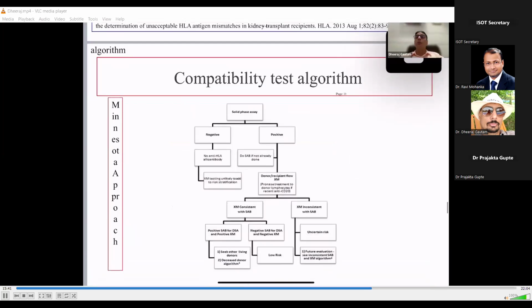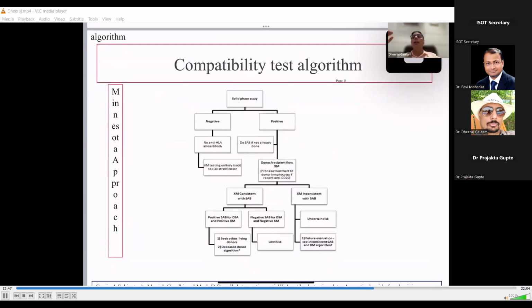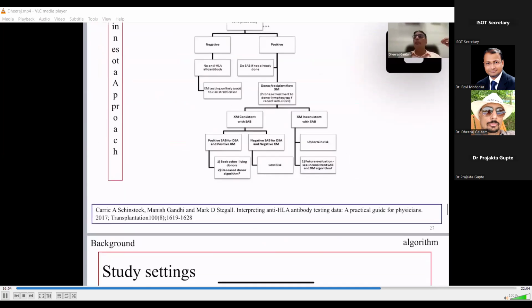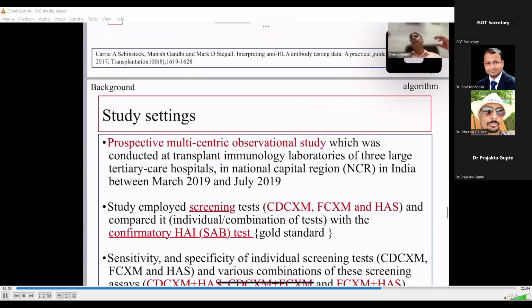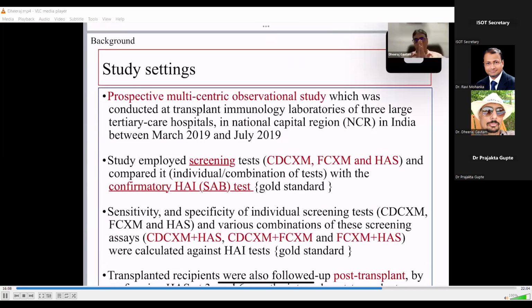The compatibility test algorithm of the Minnesota approach is one in which you do the solid phase assay. If it is negative and there are no HLA alloantibodies, then cross-matching testing is added for risk stratification. So there are three approaches, but we have to find our own approach. So we have studied